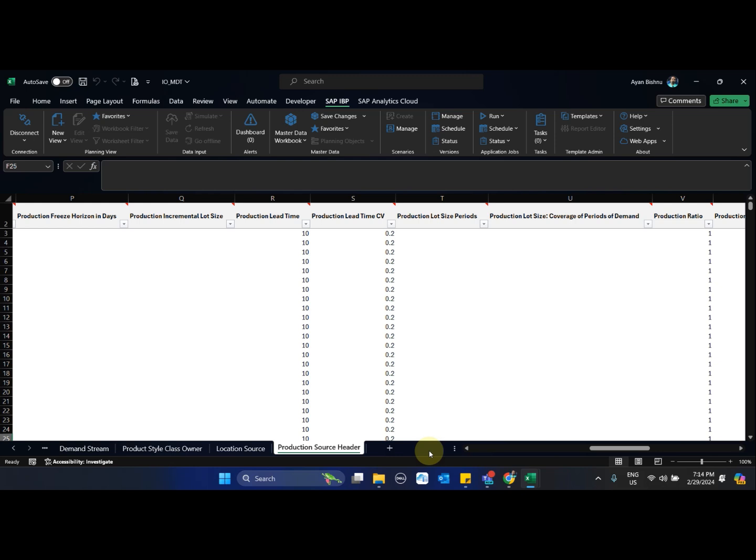Now, this is what I wanted to cover in this session or part 2. In part 3, I will cover how to configure the inventory optimization profile and how, by taking all this input, the system is generating the inventory optimization or the recommended safety stock, and how we can leverage it and use it as an input in supply planning. That's all I wanted to cover.